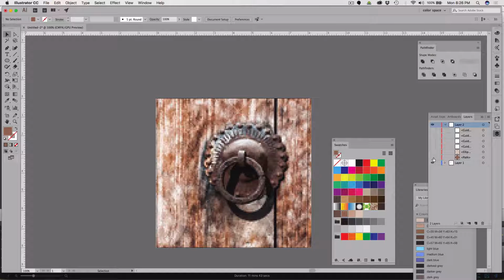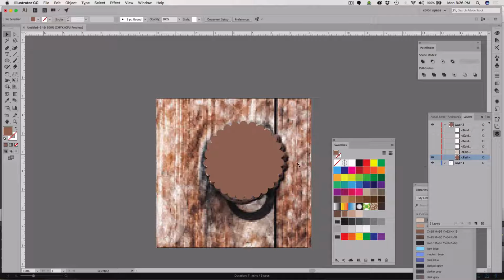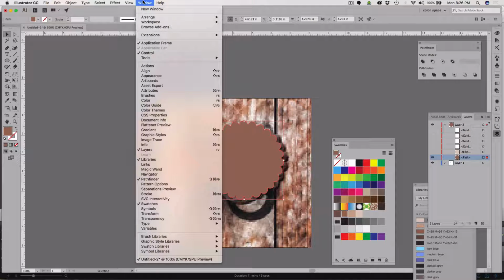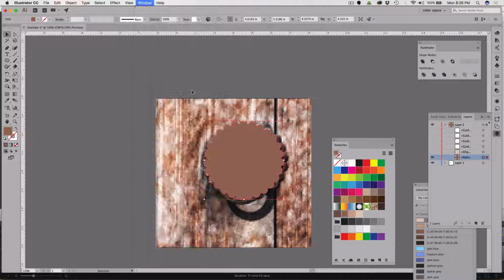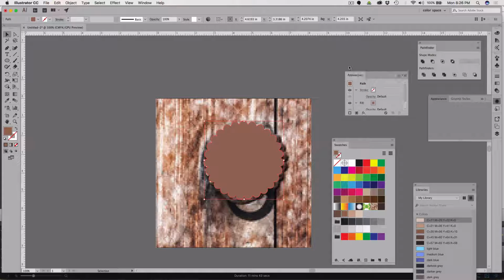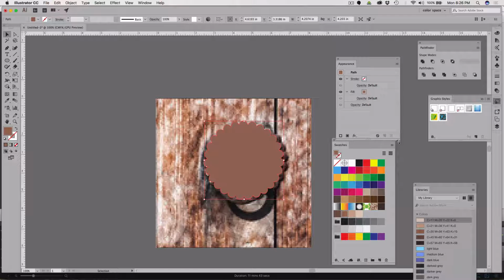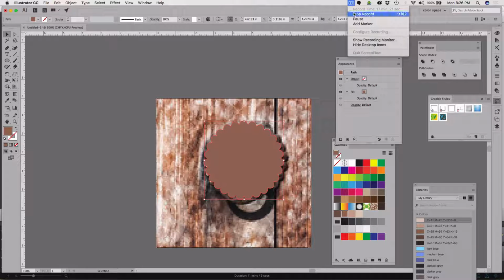So I'm going to select this layer, this element, and there's a palette that you don't see right now. That's an important one, and this movie is really long, and its appearance. So I'm going to talk more about this appearance panel in the next movie. All right, so I'm